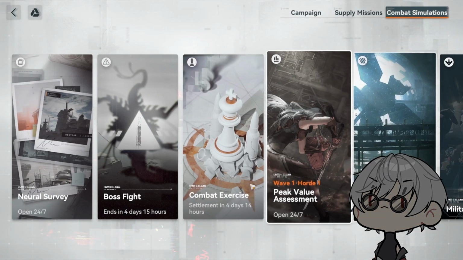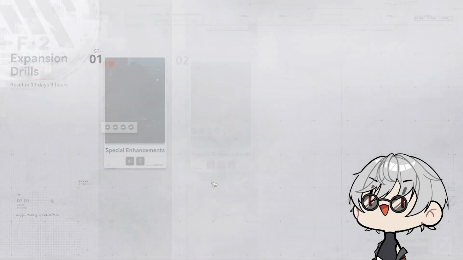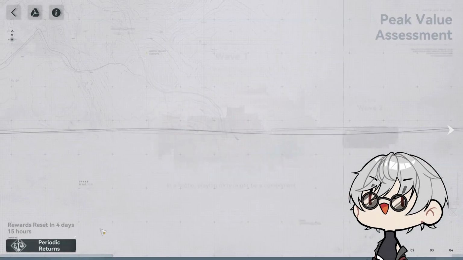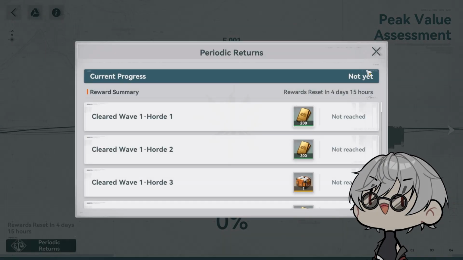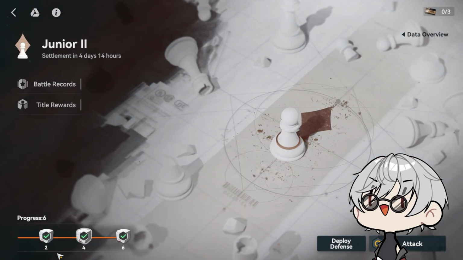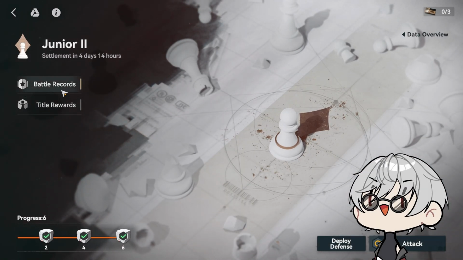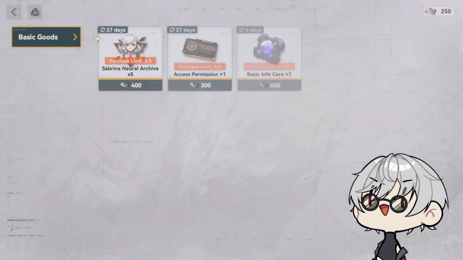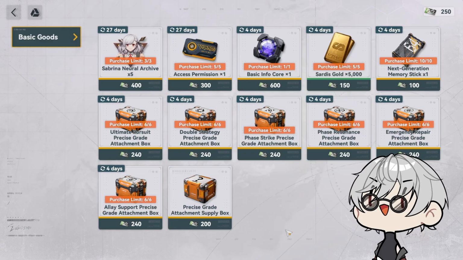So going into combat, let's see, does expansion drills have one? No, it does not. Let's see, I'm trying to remember which ones have shops off the top of my head. We do have the PvP mode. PvP mode does not have a shop. Okay. So I'm pretty sure it's just the battle log. Okay, so the battle log here, there's a lot. Okay, so it does reset every single